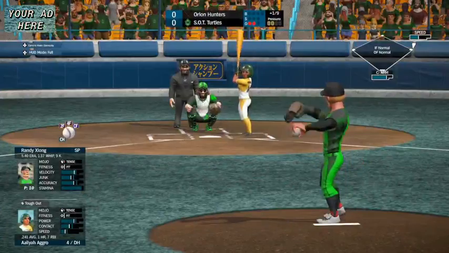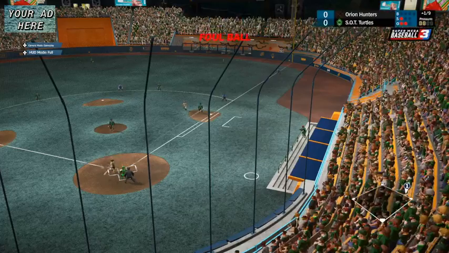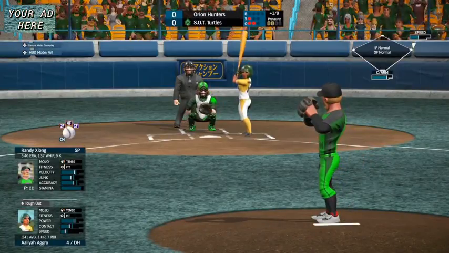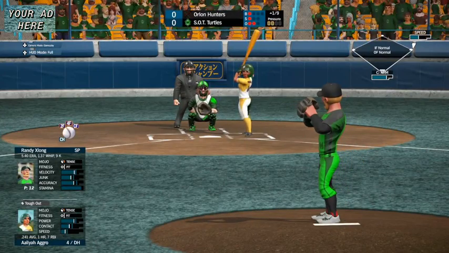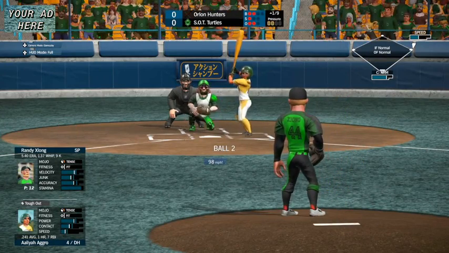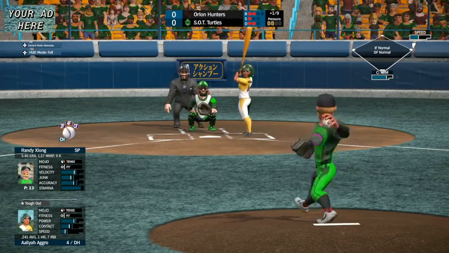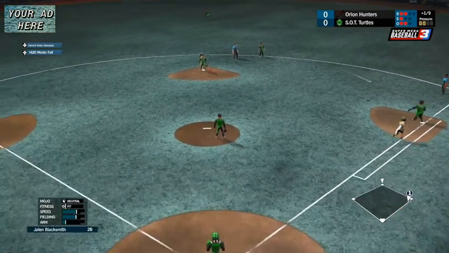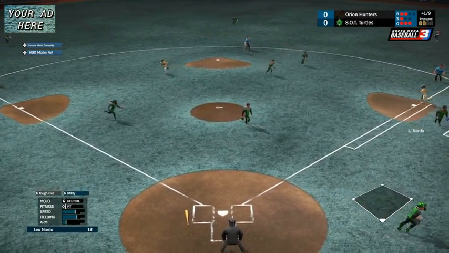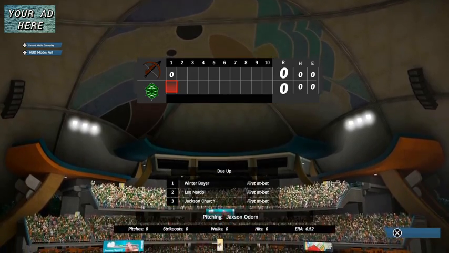Agaro is now in. Swings at the first pitch to foul it off. Takes that outside, 1-1. Way inside for 2-1. Offers at it. Pass. Bill Blacksmith's up with it over to first. This should end the inning. And it does. And just like that, we're now at the bottom of the first inning with the Turtles